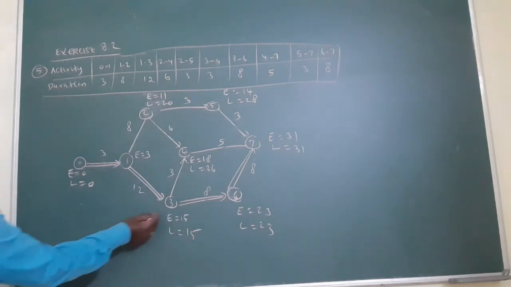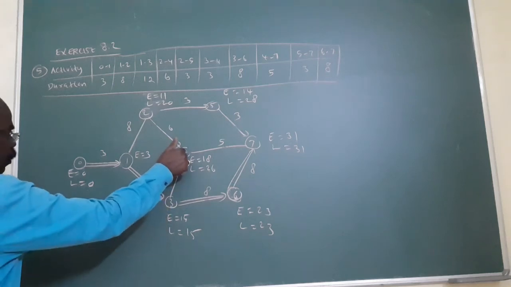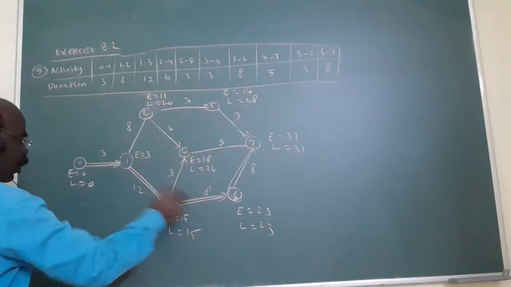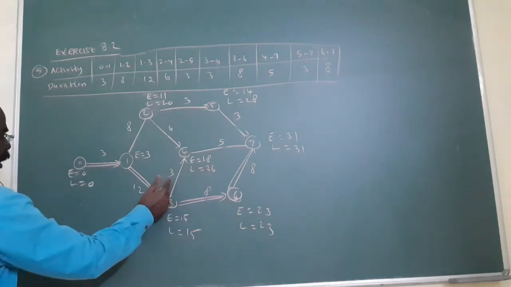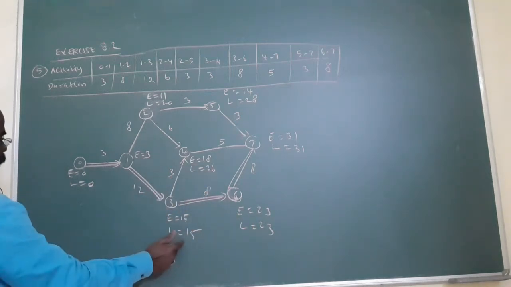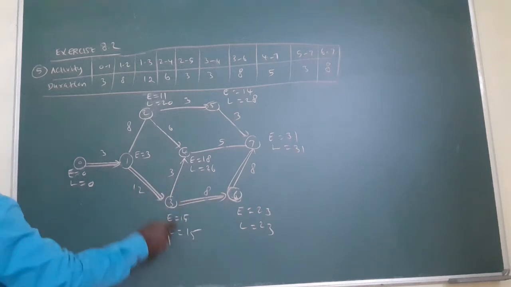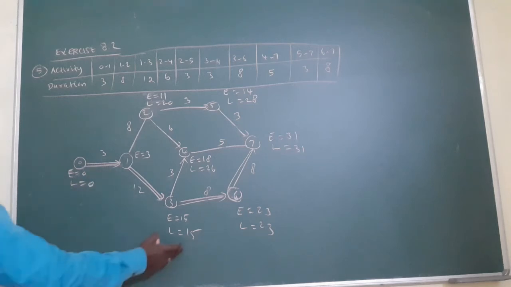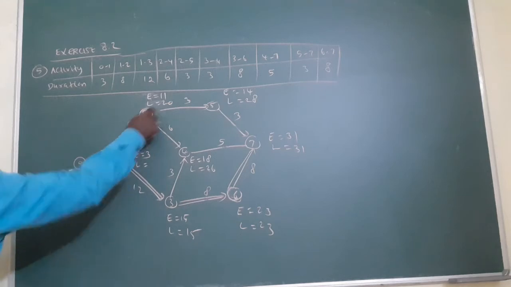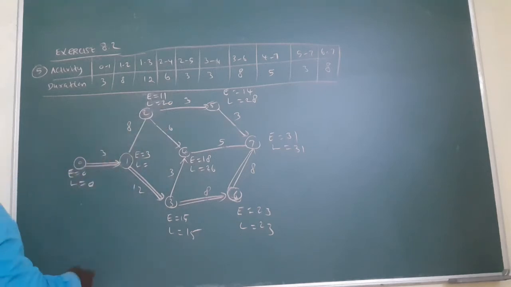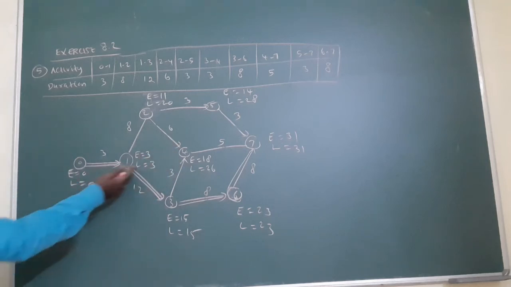That's very important. Here 3 will come in, before 6 and before 4 also. But you consider both routes. Here 23 minus 8 is 15. Here 26 minus 3 gives 23. Out of 15 and 23, 15 is the least number. You always write the least number. From here to here, 15 minus 12, 3 will come. But from the other side, 20 minus 8, 12. Which is the least number? 3 only. Am I correct? Here 3 minus 3, 0. That's all.